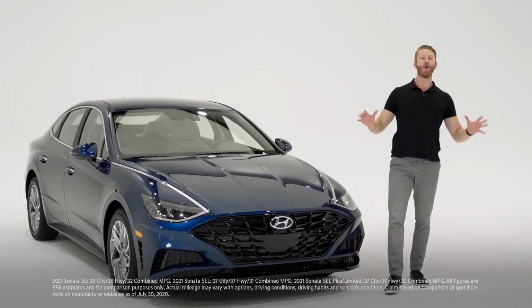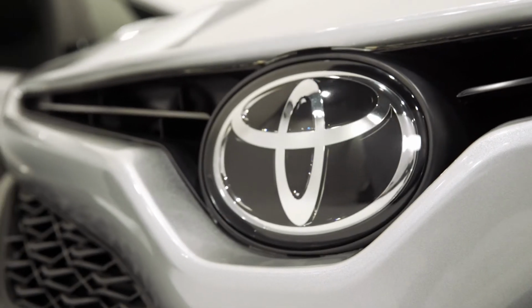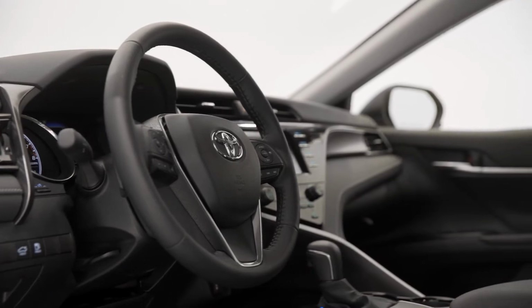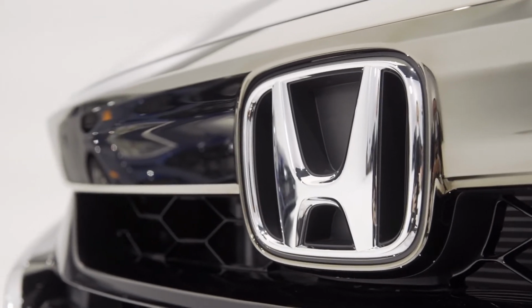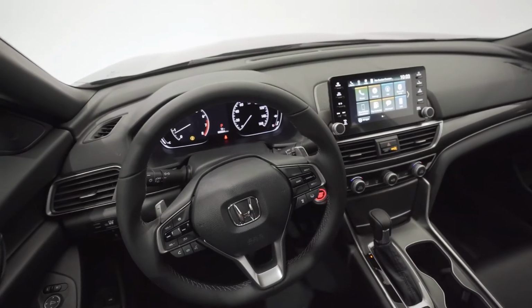Okay, now before we get going on the walkthroughs, Gian, we need to hit the details. Camry is getting 39 mpg highway. It has a 2.5-liter engine putting out 203 horsepower, 8-speed automatic transmission, priced at $26,170. Accord gets 35 mpg highway. It has a 1.5-liter turbo engine with a continuously variable transmission putting out 192 horsepower, listed at